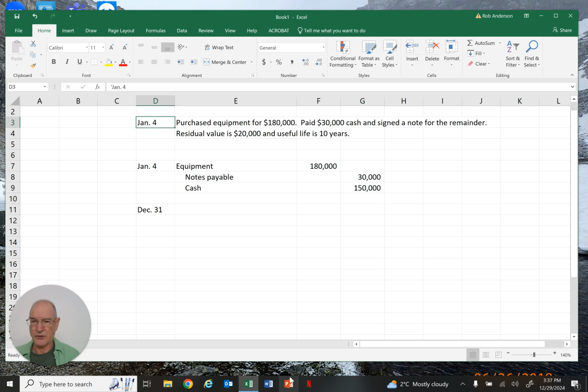Now you'll note this was January 4. We are going to be rounding depreciation to the nearest month. So that means January 4 rounds down to January 1, the beginning of the year. We do not break depreciation up into one day out of 365. The reason we don't do that is that there are way too many estimates in the depreciation amount to pretend to be that precise. So what I'd like you to know about depreciation here, no matter what method we're using,